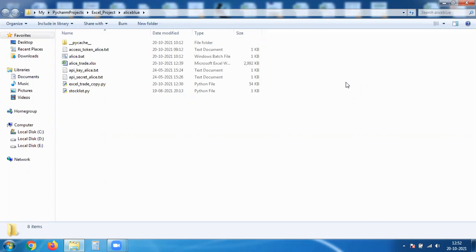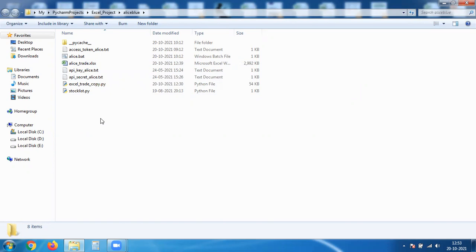So I am Shashank Madharapu and I have recently developed an application using which you can trade through Excel sheet. In parallel, the application will run and along with that, the Excel sheet is also going to run. Now the live data will also be streamed into the Excel sheet.